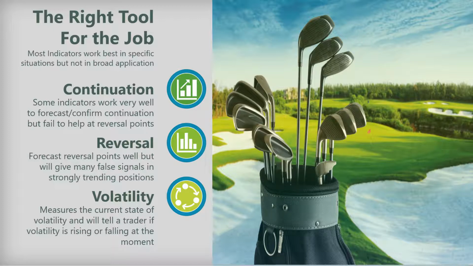I just talked about stochastics. That's one that actually is pretty good at reversals in a sideways trend. If I'm looking at something that's sideways, I will pull out the stochastics and put it up on my screen and say, okay, I feel a little bit better about the trade I'm about to make, because this works very well in this situation. In a trending market, a very strong stock will have stochastics that tell you, don't buy this at all, it's overbought. Right now, again, it might be the best time to buy, but because stochastics are telling you don't buy it,